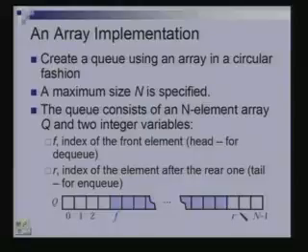How do we implement a queue? We are going to use an array to implement a queue, and we are going to use it in a circular fashion. What does that mean? Suppose someone tells us that this queue is never going to be larger than n elements. So, I am going to allocate an array of size n. I am going to have two variables f and r, f for front and r for rear. f is the index of the front element of the queue,